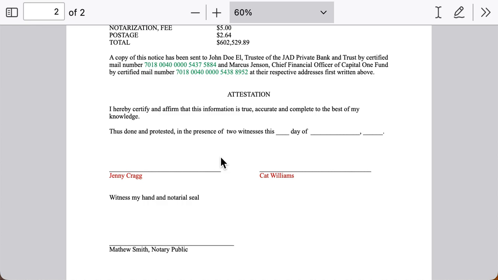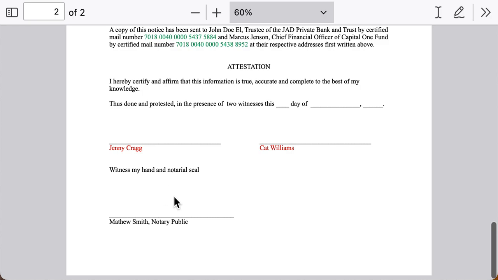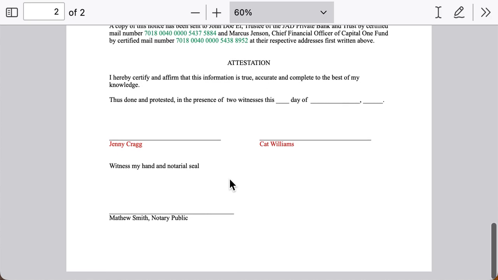It's not required, but just to make sure that you have the strongest protest instrument possible so that there's not any one small thing that's going to invalidate it, I would suggest that you execute this protest in the presence of 2 witnesses. And once again, the notary must sign and seal the protest instrument, not the cover letter, but the protest instrument.